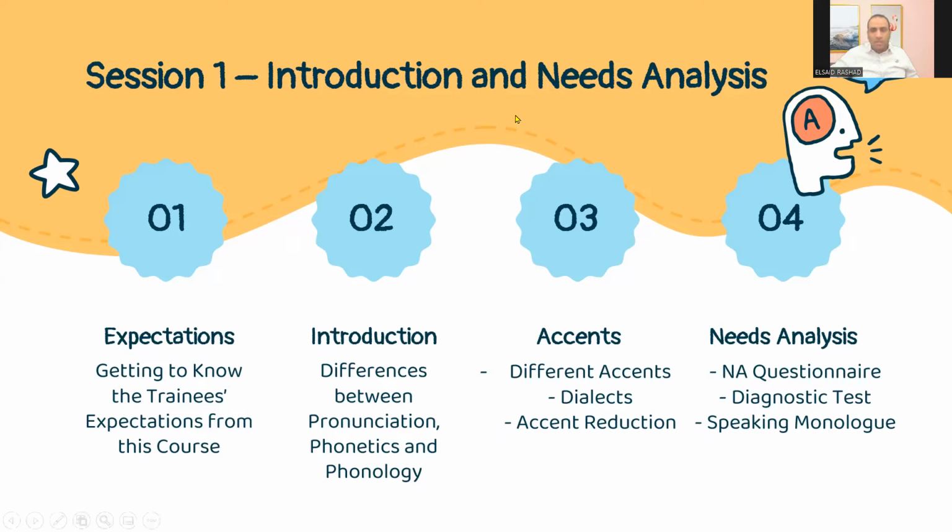1 to 2 minutes, you talk about something, send it privately to Miss Wala. She's going to listen to it carefully, write the strengths and the weaknesses, send the feedback privately to you. And then during the course, we need to work on your weaknesses, okay? And by the end of the course, we will have something which is called